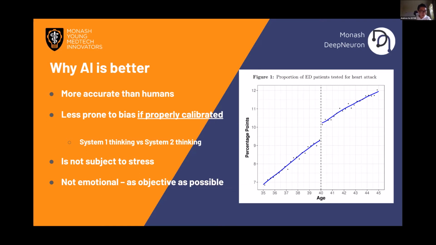And neural nets are also a lot less prone to bias. Since doctors are humans, they are intrinsically subject to a wide variety of biases, as mentioned in the presentation before. And these are things they can't control because they might not be aware of them. And in terms of medical diagnosis, this always talks about the two main ways of thinking.